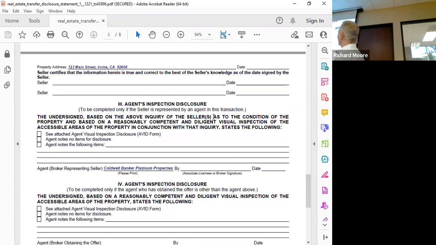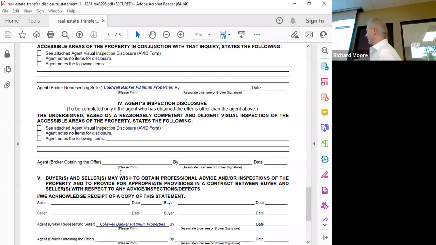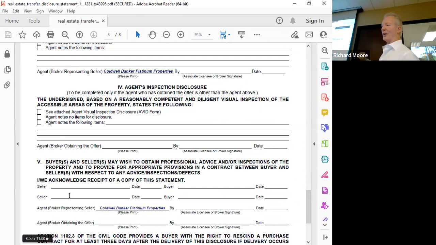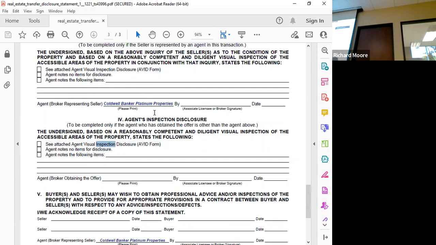Okay, thank you. Now, when the seller signs here, the seller is attesting to all the information found above. The second signature required by the seller and the agents is just indicating that they have received the form. That's really what that form is accomplishing for us. And then we do use the AVID. You can see actually on this page, if the agent who's representing the buyer completes this, right up here as a matter of fact, that complies with the law.